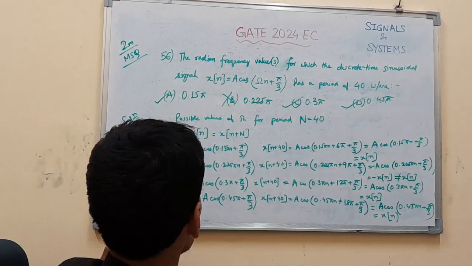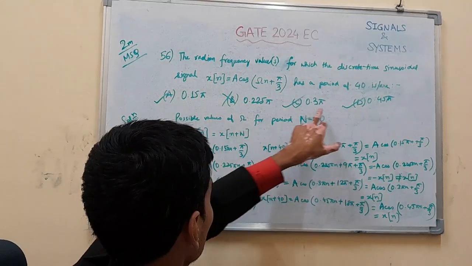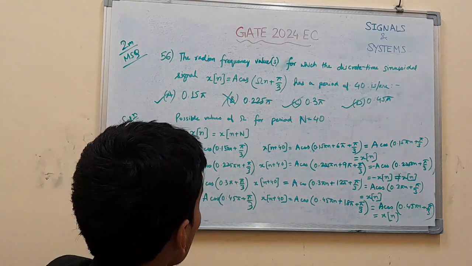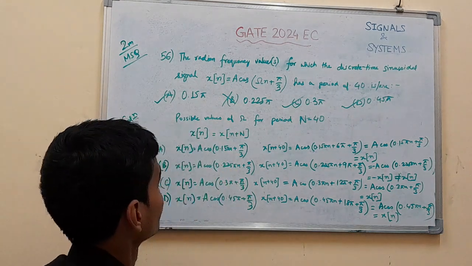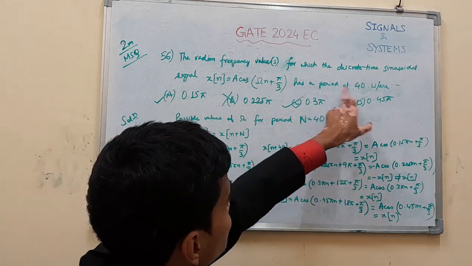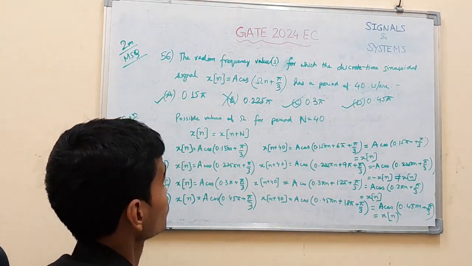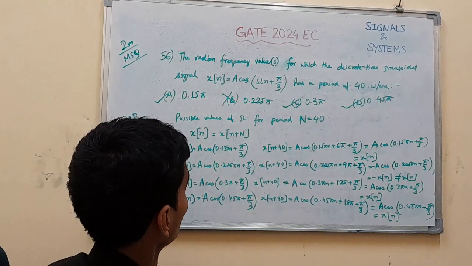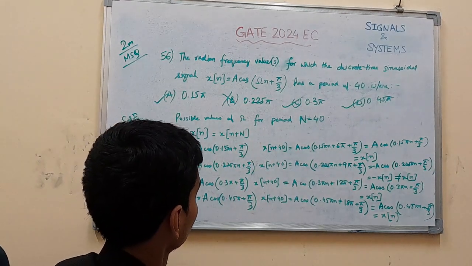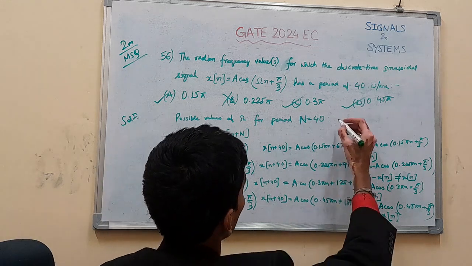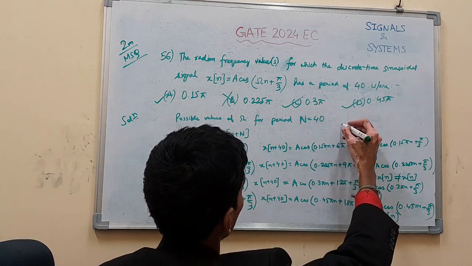Now this is the standard approach. So the correct answers for this question are A, C and D. There is another approach, finding the fundamental frequency. If 40 is taken as the period of the fundamental frequency, what should be the value of omega? This is the question. And from the definition of fundamental frequency, this should be like